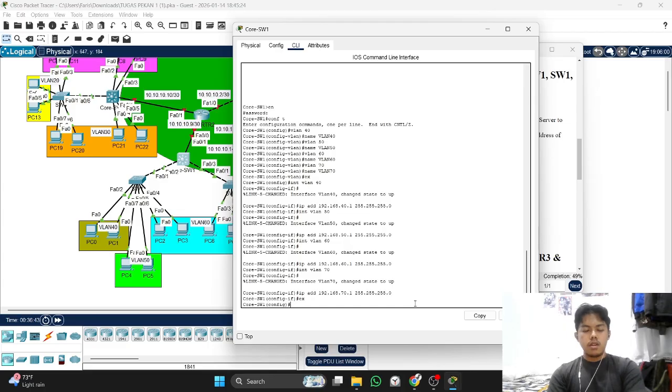After this, we will configure the DHCP server. We will create the DHCP pool.